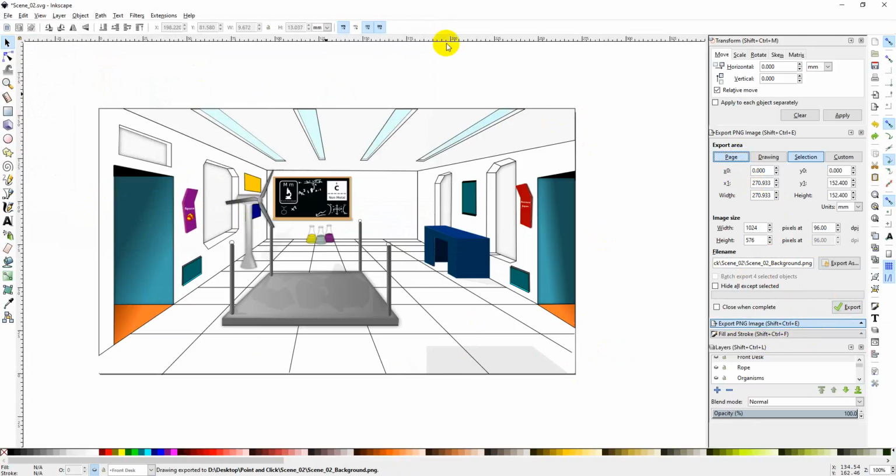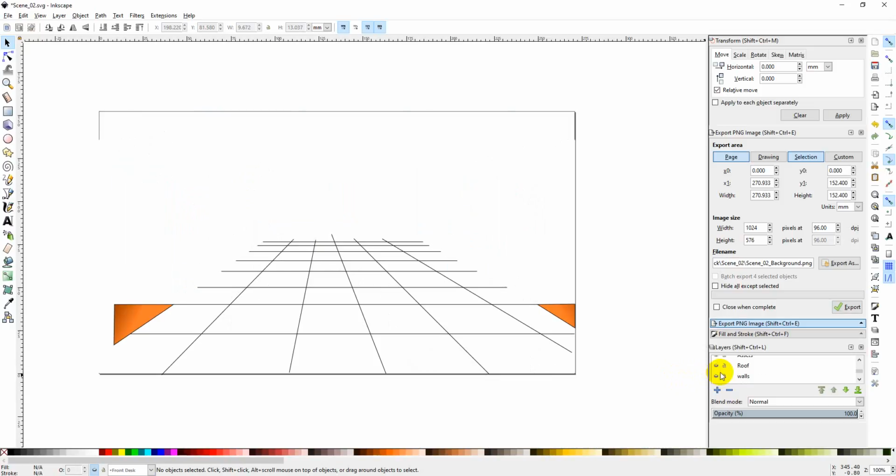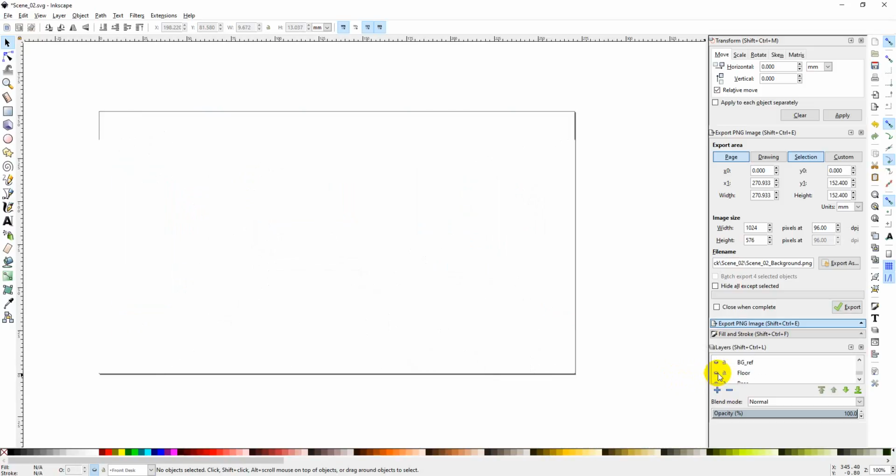Okay, that's important. And now what I'm going to do is one by one go through, so I can turn absolutely everything off because I don't need anything in my scene. So I'll turn shadow off, I'll turn assets off, I will turn roof, walls, and floor, and actually base, because no, you can't see it, there's a white shape there for the base. And then I will just go through, obviously anything that was classed as an interactive asset, so like atom, for example, which you can't see because it's white. But if I now come to my selection,